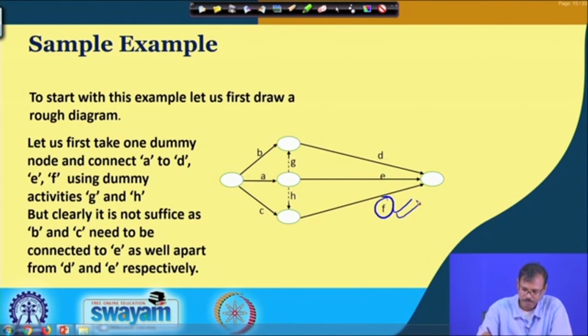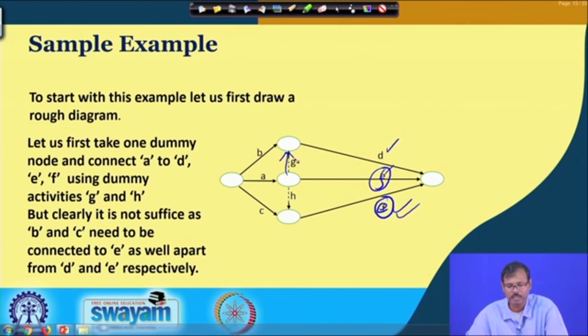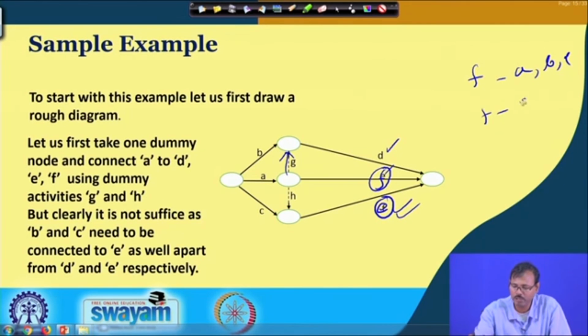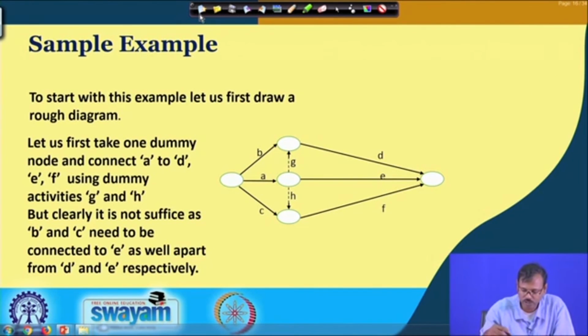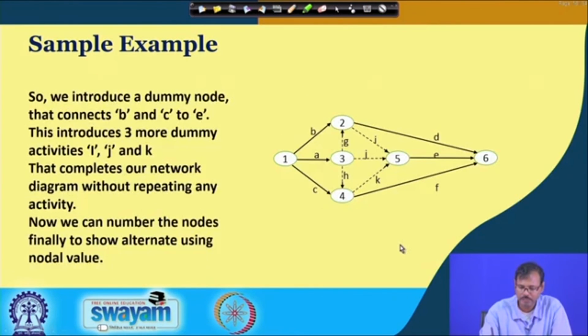So, for D and E it is able to satisfy, but for F it is unable to satisfy because the dummy job is unidirectional and it is basically showing, instead of F having predecessors of A, B, C, that F is having predecessors of A only. So, that is why we have to add some more dummy jobs here, so that it can be presented in such a way that